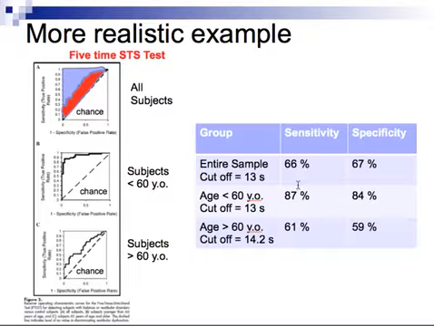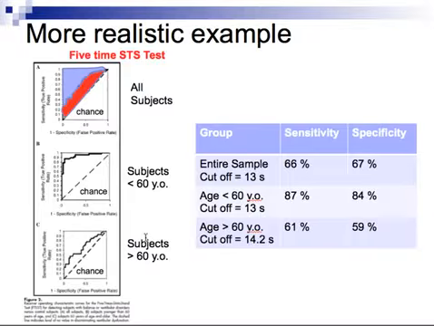we can see that the sensitivity and specificity are quite low, 66 and 67%, indicating there are a lot of false negatives in the case of sensitivity, and false positives in the case of specificity. But if we subdivide the groups, we can see that for the 5-time sit-to-stand, the ROC curve suggests it changes quite a bit for people under 60 years old. In fact, there are very few mistakes being made for people under 60 years old compared to people that are over